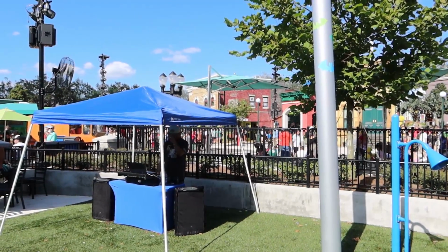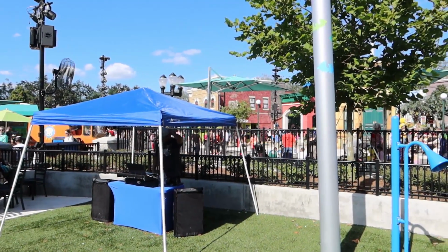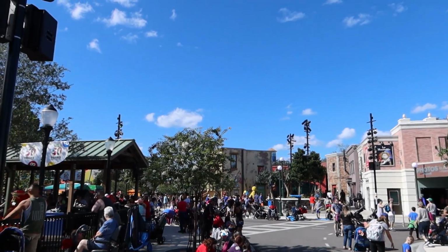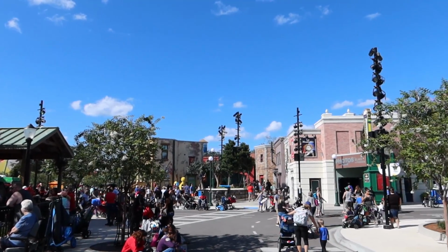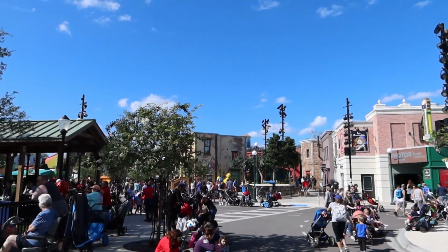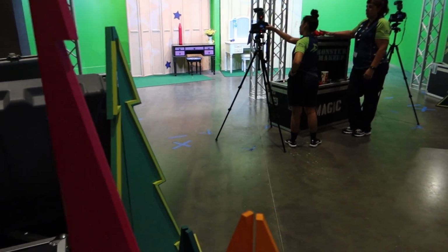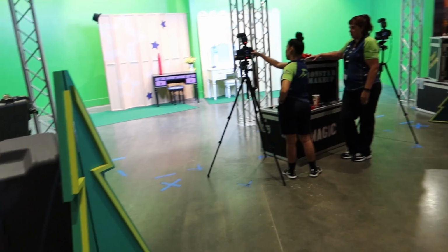I don't know if there's always a DJ here on the weekends, or if this is just for the 50th birthday. Holy cow, there are a lot of people here in SeaWorld today. Man, I did not expect there to be this many people. There's a meet and greet in here with Elmo and Cookie Monster, and they've got Christmas tree cutouts out here